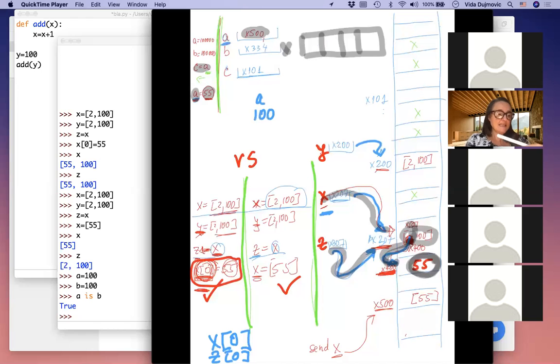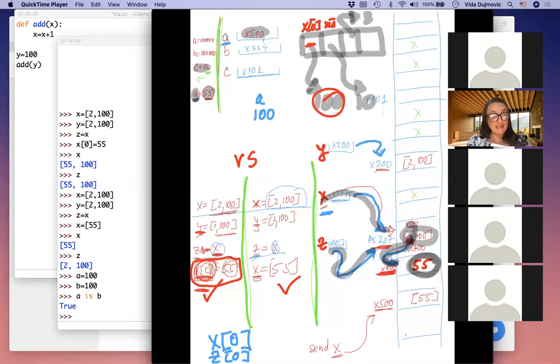If this is a list X, this is variable X of 0. Okay, let me do it. The way lists look is like this. X of 0 has an address of 100. X of 1 has an address of where the second element is. X of 2 stores an address of where the third element is. So the actual picture is like this. X of 0 stores an address of the first element. X of 1, just like any other variable. That's why I'm insisting: X of 0, X of 1, and so on are just variables. They store addresses of objects that they